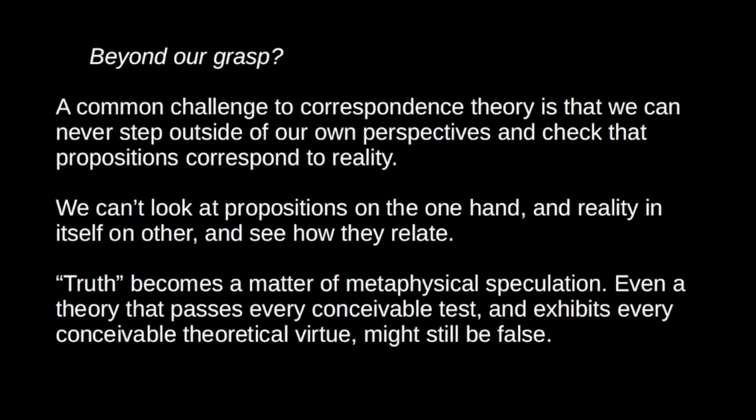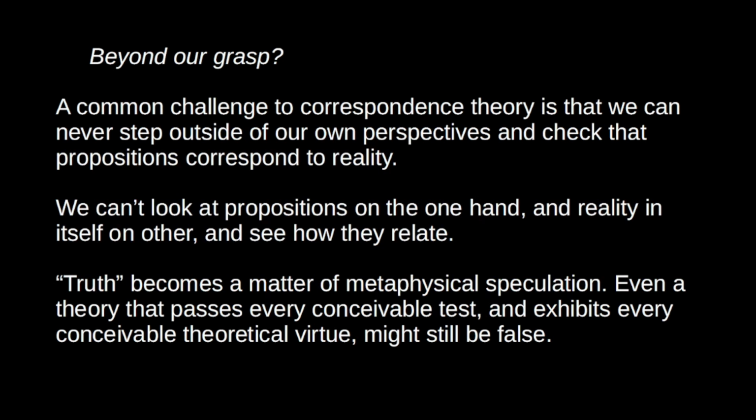So suppose, for example, that we developed a theory of the world that could pass every test imaginable. This theory makes all the correct predictions, it can be applied to create new technologies, it satisfies all the relevant theoretical virtues. So it's simple, it has great explanatory power, it contains no ad hoc assumptions, and so on. Basically, this theory is, as far as we can tell, totally watertight. Nobody can come up with a compelling objection to it. Even so, according to correspondence theory, this theory, this perfect theory, might be false. I mean, it might not be completely true.